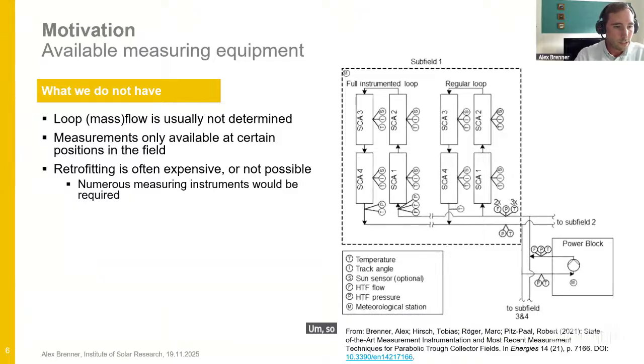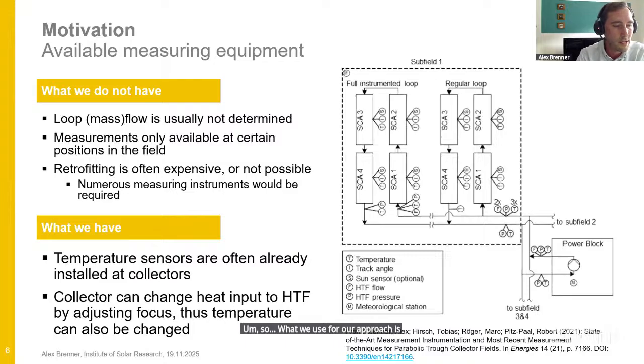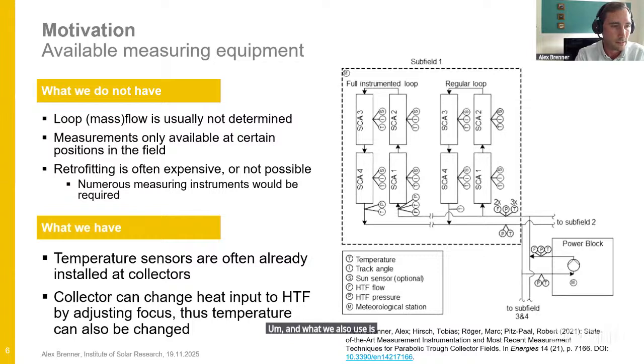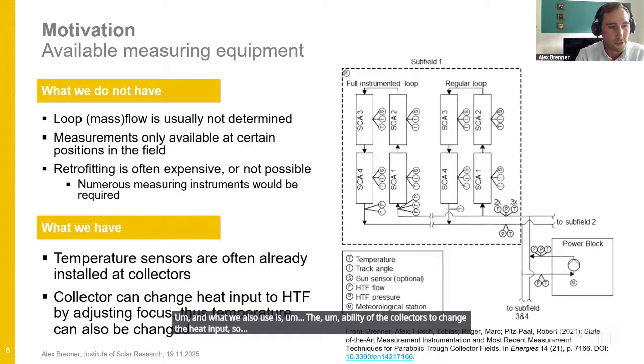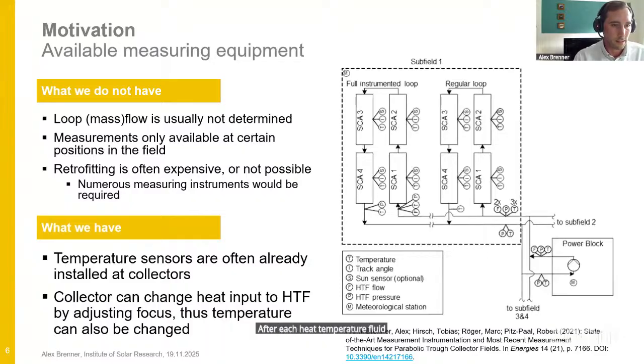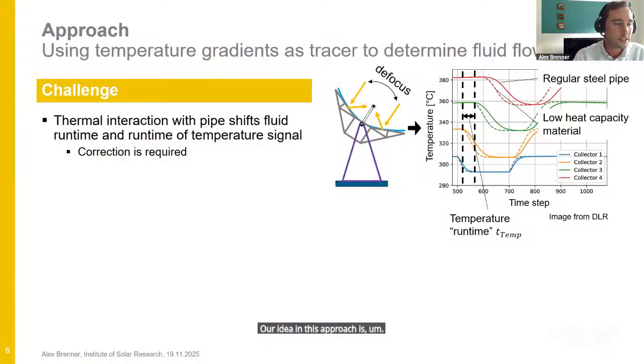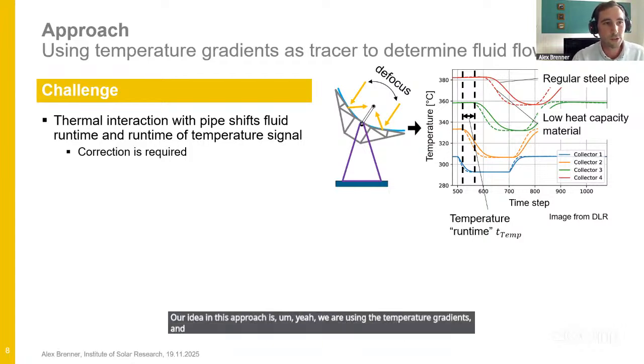So what we use for our approach is the temperature sensors, which are already installed at the parabolic trough collectors. And what we also use is the ability of the collectors to change the heat input. By adjusting the focus, we can change the heat input to the heat transfer fluid, and therefore we can also adjust the temperature of the heat transfer fluid. And that's our main benefit for our approach. So our idea in this approach is that we are using the temperature gradients as a tracer to